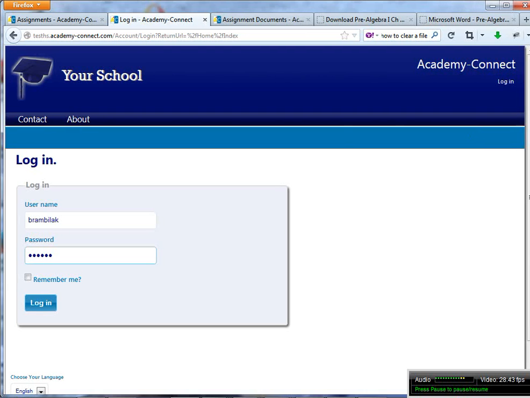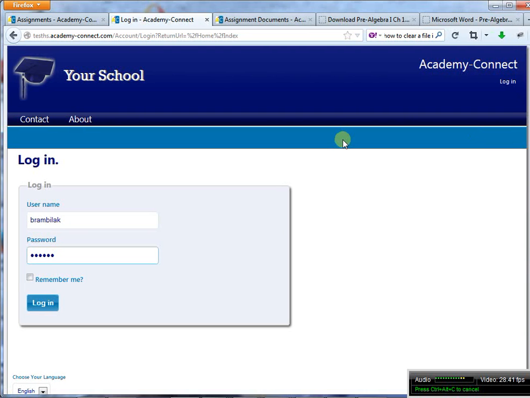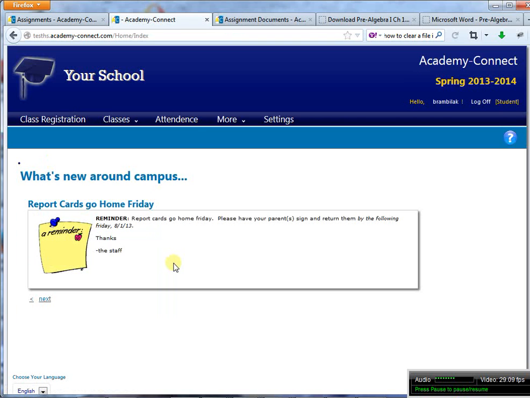Today we're going to demonstrate how you would log into Academy Connect to check your classes and grades. What I've done is already entered my user ID and password, so I'm simply going to click log in. I want to point out that today I'm logging into tesths.academyconnect.com, but you'll be logging into your school's URL, so you should check with them to make sure you go